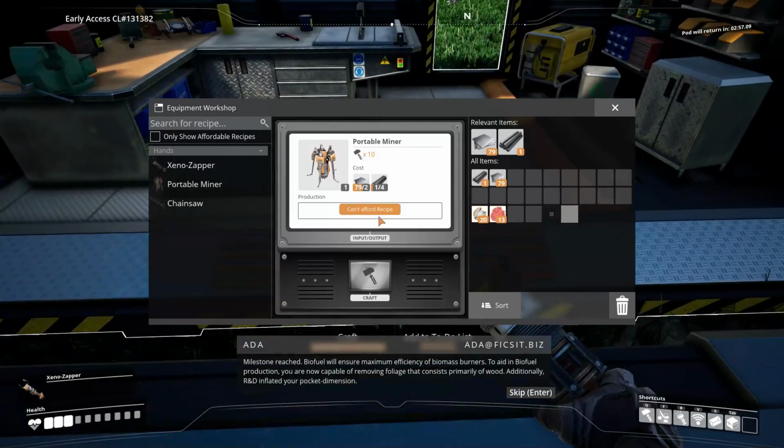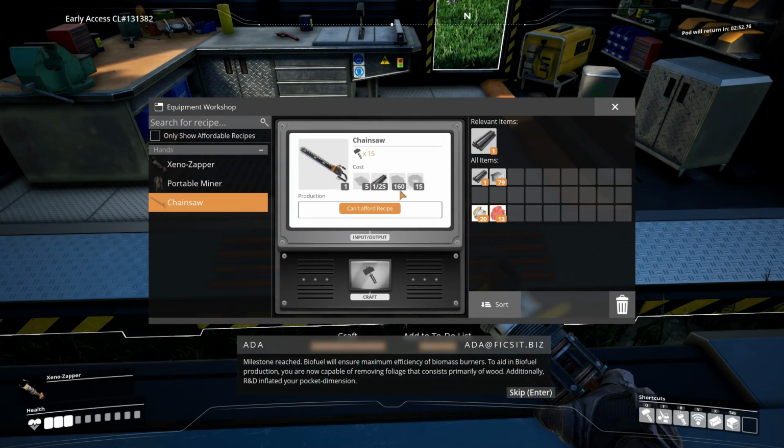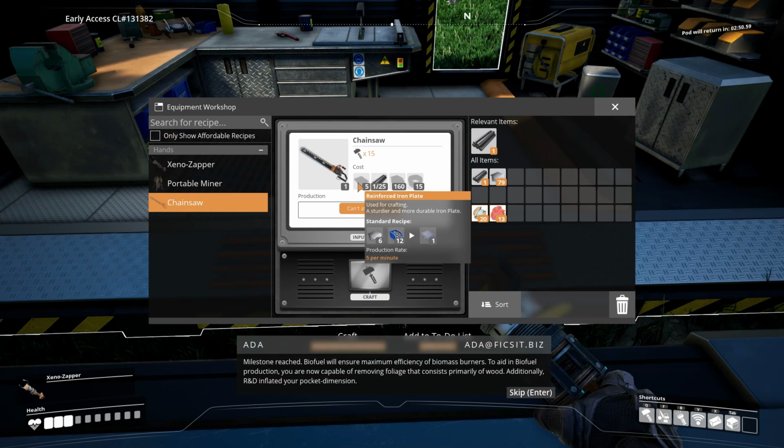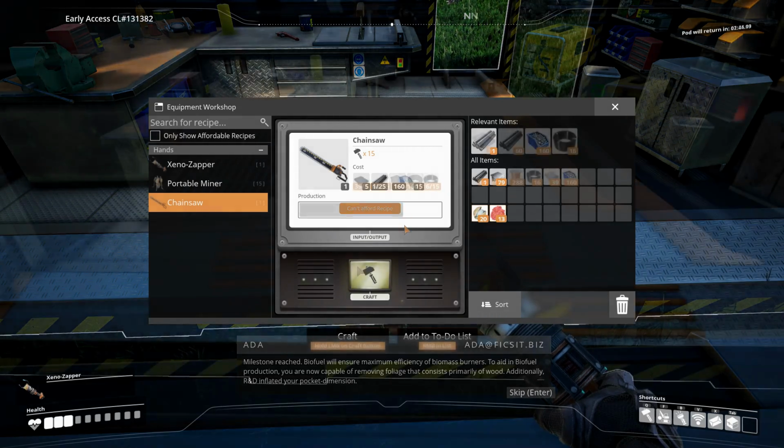Now I can make myself a chainsaw, Biofuel will ensure maximum which, efficiency if of one says biomass to go away, burners. To isn't aid that in bad. biofuel production, Reinforced you are iron now plates, capable not of hard. removing Iron foliage rods, that easy. consists primarily of 160 wood. screws. Additionally, Cables. R&D inflated your...